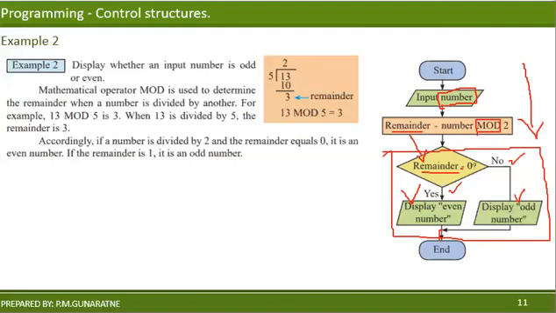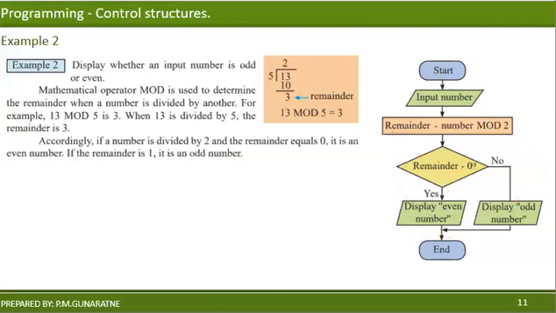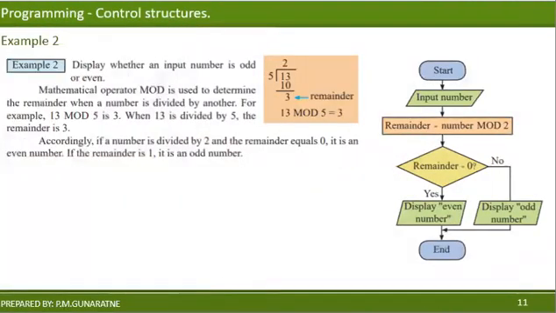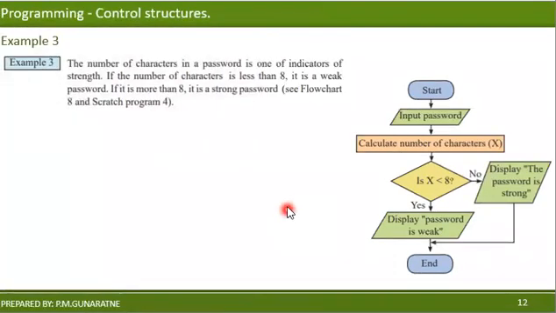Okay. Let's verify the previous one as well. Here you have the sequence from here to here, and again you have a selection here. This also consists of a sequence as well as a selection. Okay, right, now you should be able to identify the control structures that appear in a certain program. Okay, right, let's go to the next example, the third one, right?